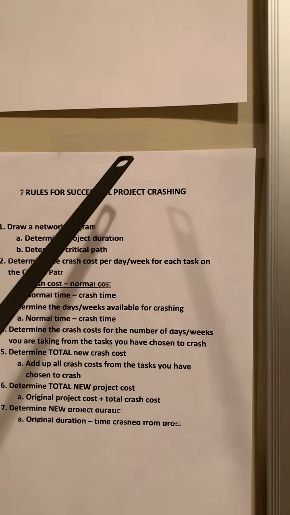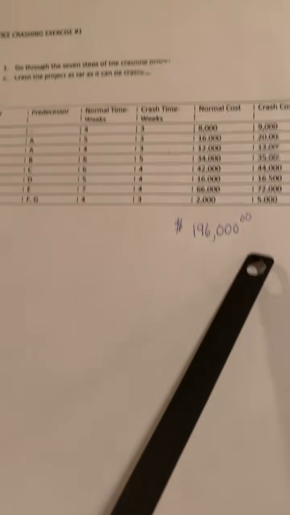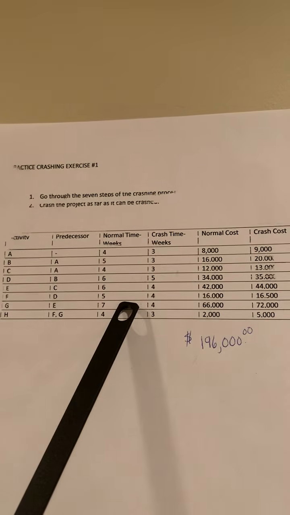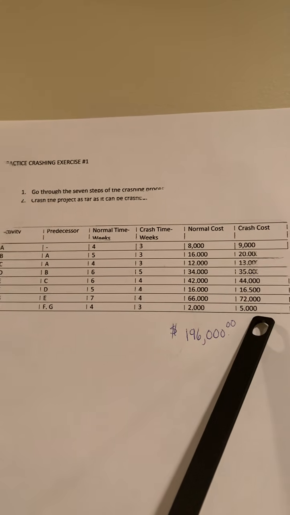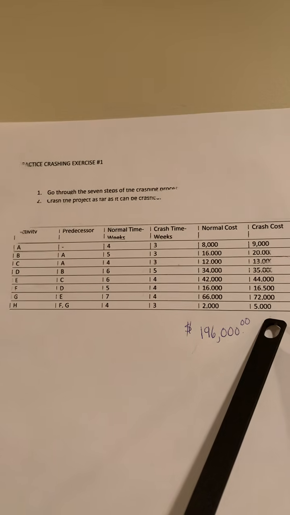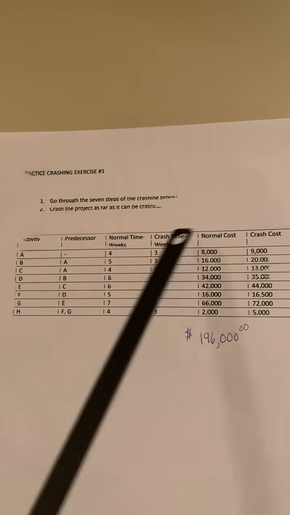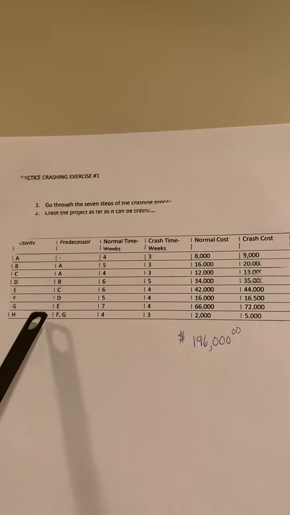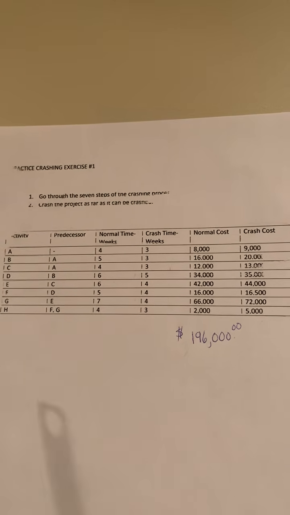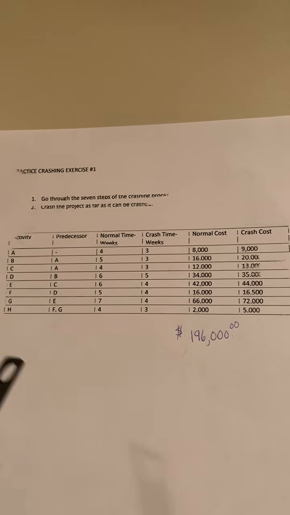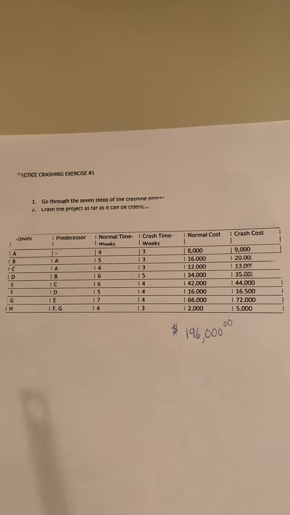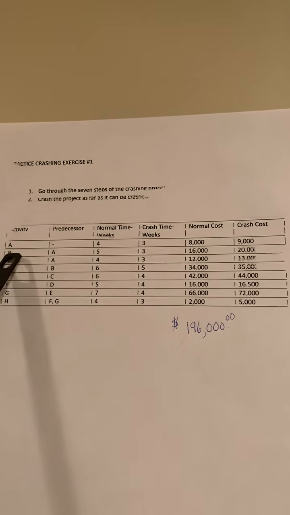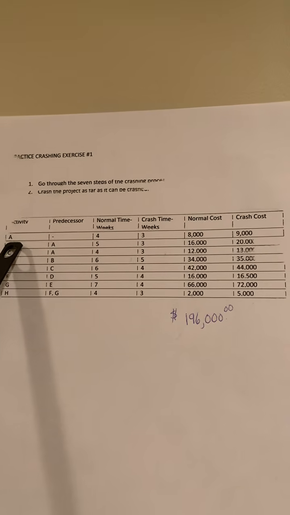Well, we go back to the original problem and you'll see that the new 4 columns information is there, and that's what you're going to deal with. So all the information is here for each of the activities. Remember, the only activities that you can crash are the ones on the critical path. From the last diagram, we determined that A was on the critical path, so we're going to use A as